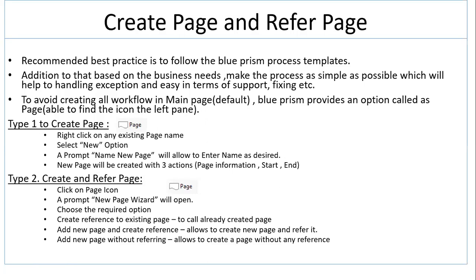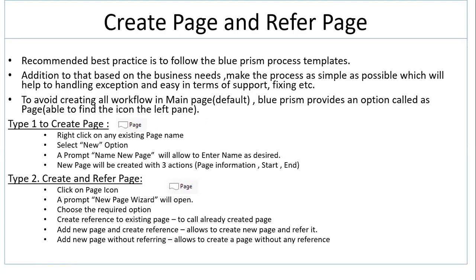so that it will be easy for you in terms of support and process enhancement. So avoid creating the whole workflow in a main page, as I explained. Instead of dumping everything into one process main page, group actions together based on the business flow in different pages, and call those pages into the process main page, so that you will have a proper flow structure which will be easy in terms of support and enhancement. This might look like repetitive steps, but it is better to follow it, so that you will not end up having a lot of exceptional issues when you look back at your process in future.